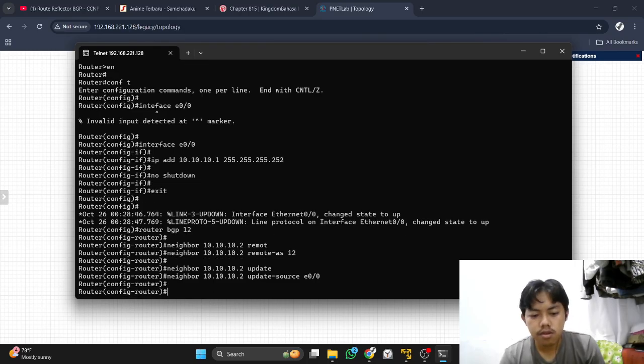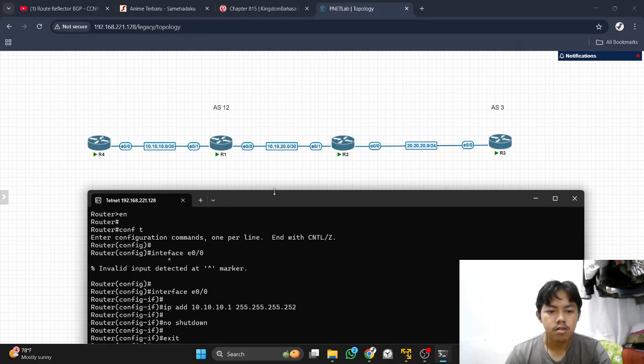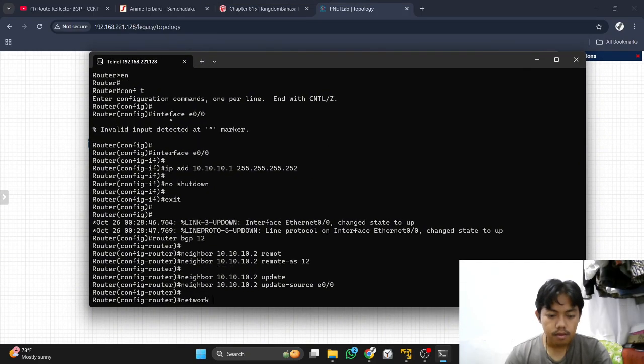After update source, it will advertise the network. So our network is 10.10.10.0/30. 10.10.10.0 and the mask for the subnet.